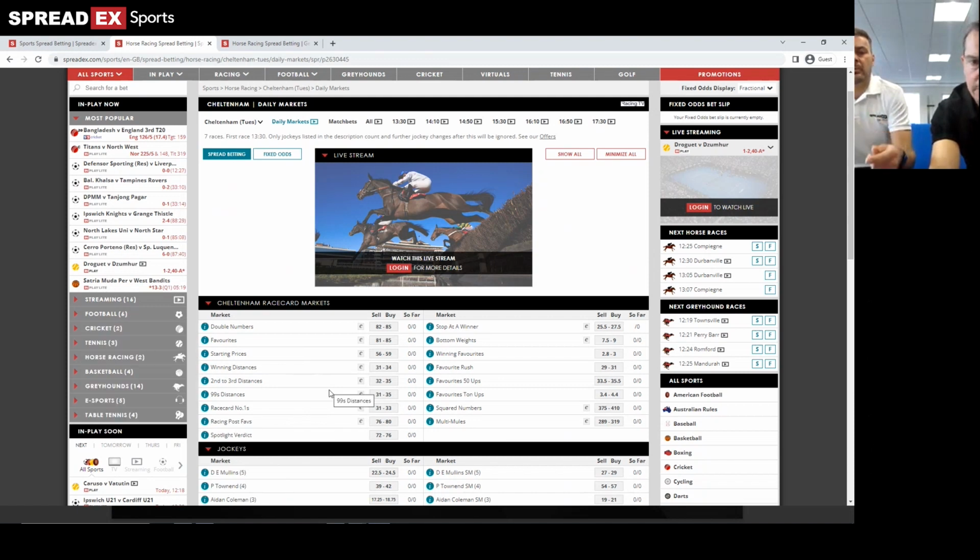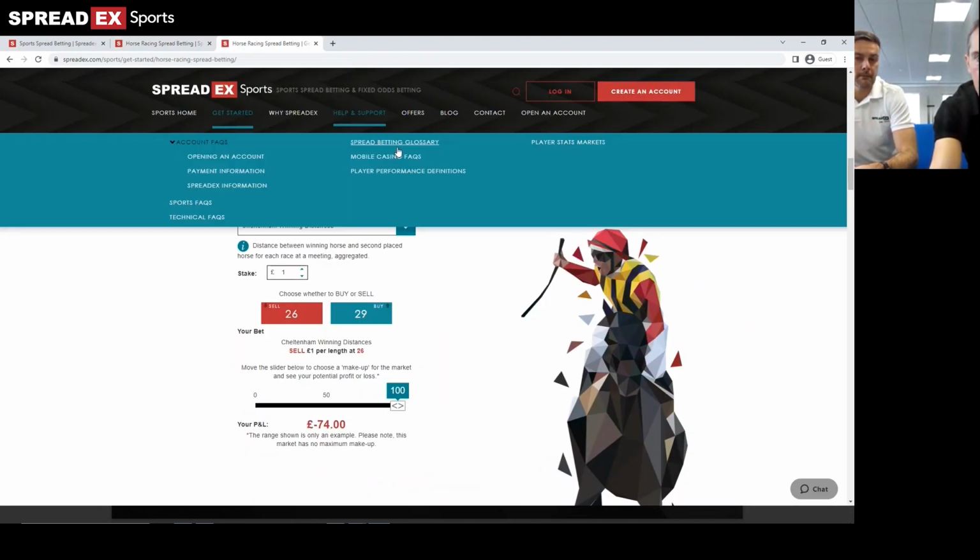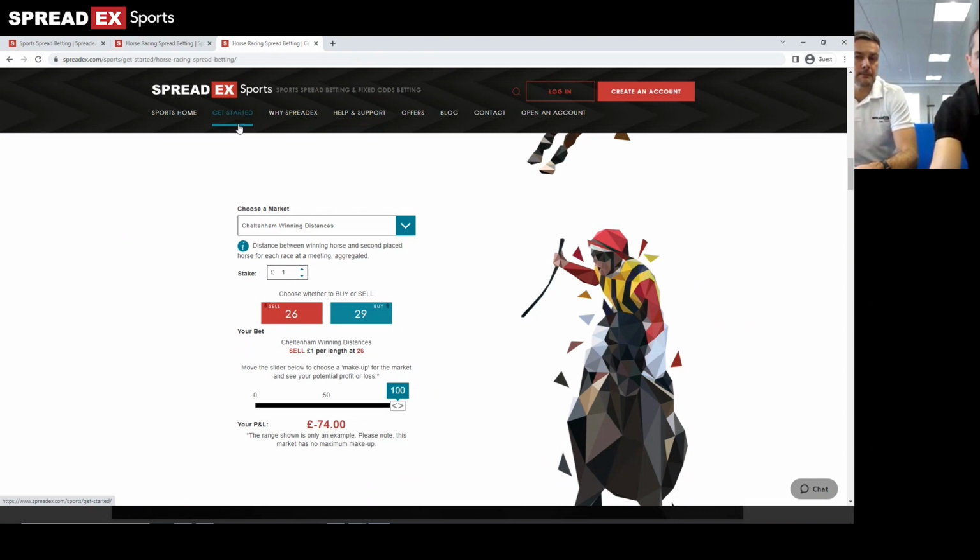That scoring system is the same for favourites as it is for the jockeys, and a number of the markets actually, like Racing Post favourites, number ones, Spotlight Verdicts. A lot of them use the 25, 10, 5 for first, second, third, and 0 for worse than third. And the other thing you can do is you can go to this Get Started section here,